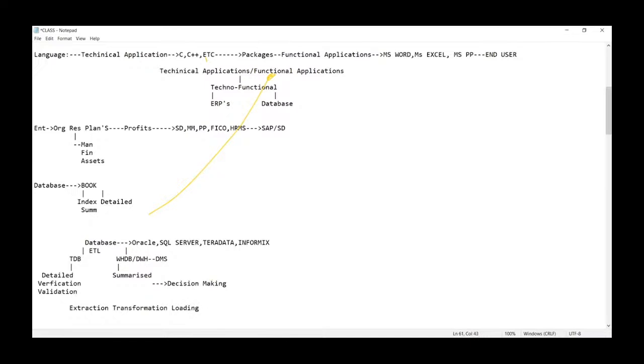Extraction, transformation, and loading. This is the technique used to convert the detailed data of the transaction database into summarized data, which is called a data warehouse. The data warehouse is loaded with data using a technique called ETL, that is, extraction, transformation, and loading. And for this technique, we have software available in the market, such as